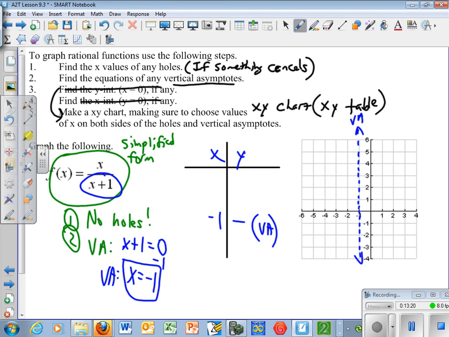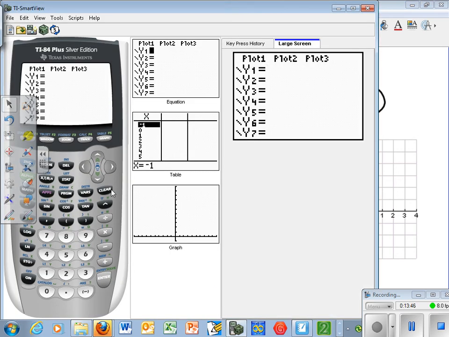So what you want to do is pick some values on either side of it. So I'm going to pick some less than it, -2, -3, -4, and then I'm going to pick 0, 1, and 2. Now, you could plug each of these in by hand. Some are going to be fractions, figure out what you get. But I'm going to show you on the graphing calculator a quick way to get your table. So let me pull up my graphing calculator, and we're going to put in